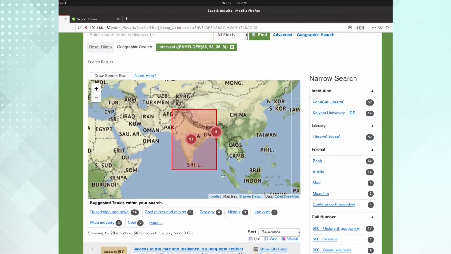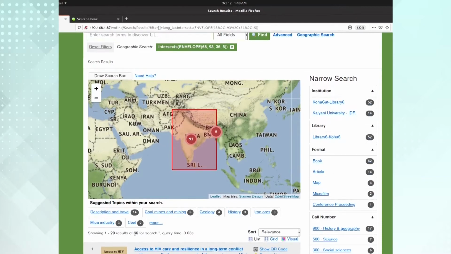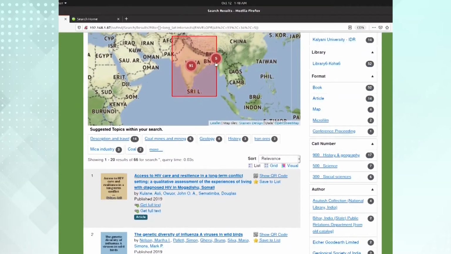So, it covers almost the entire Indian subcontinent. So, here in this subcontinent we have a total of 96 place names and the total number of documents is 66. So, these 66 documents actually deal with these 96 places.